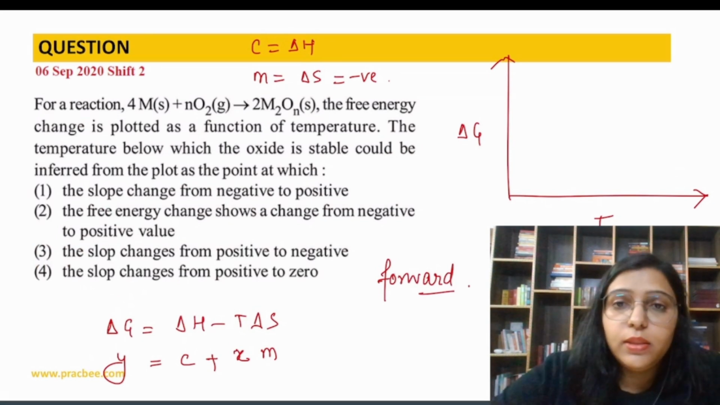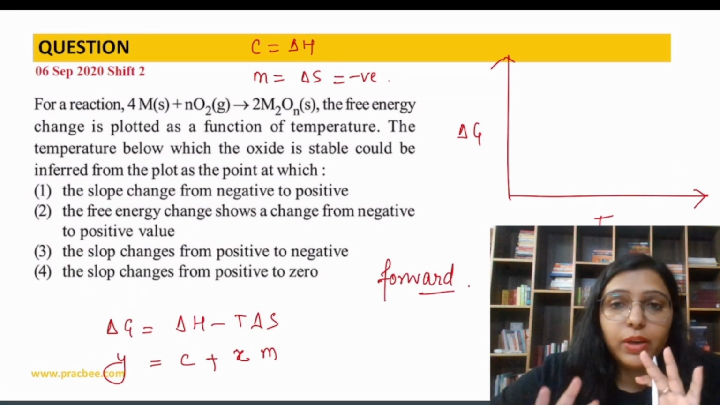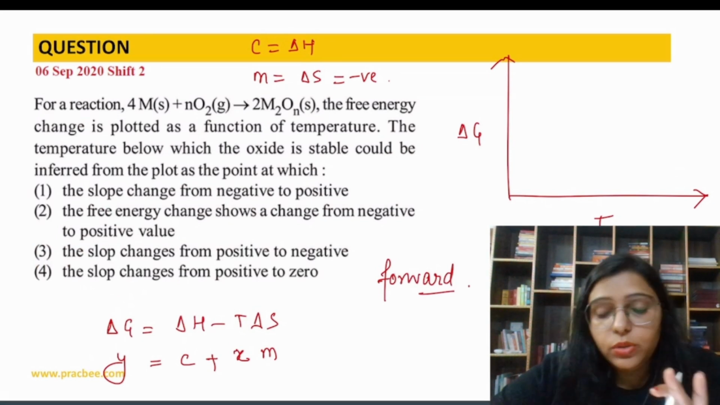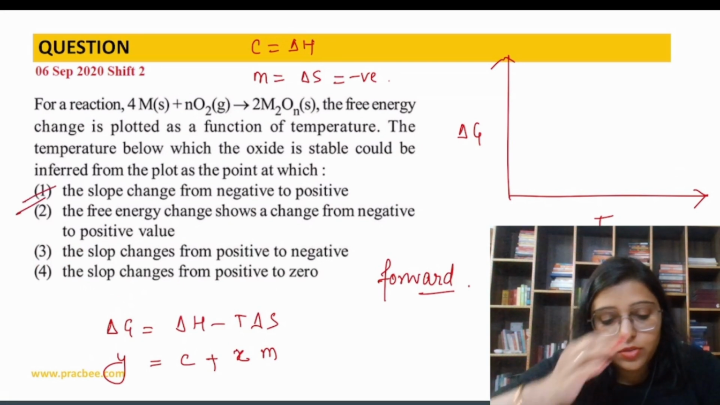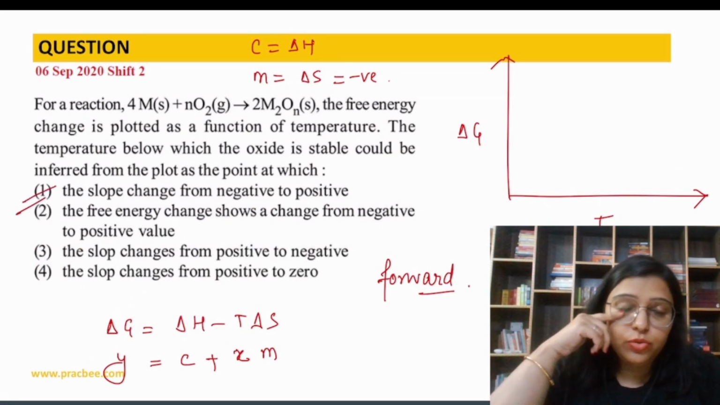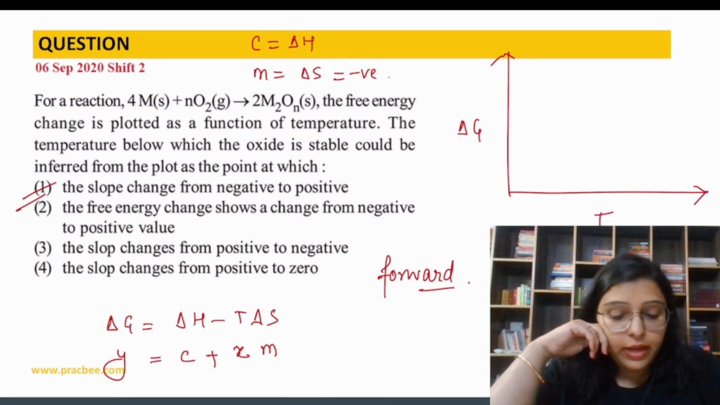So we can do it that way. In that way you can do this question. So the answer is the slope changes from negative to positive. Yes, it's true. ठीक है. Now